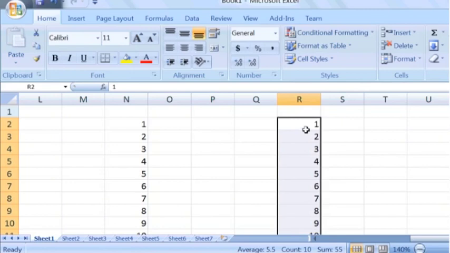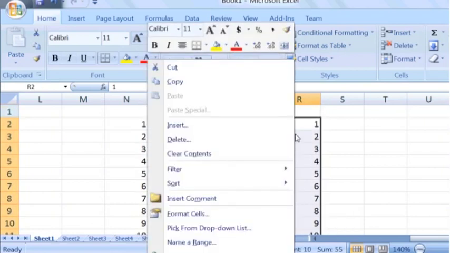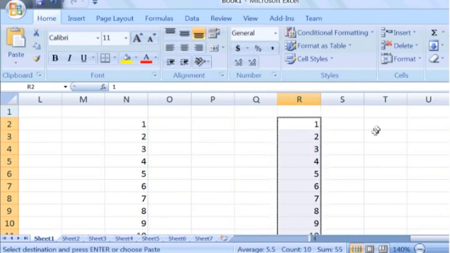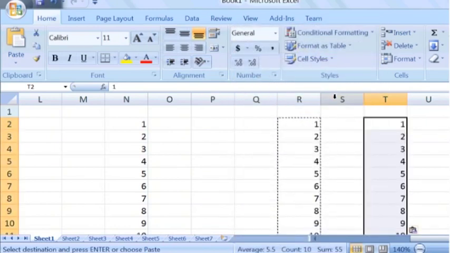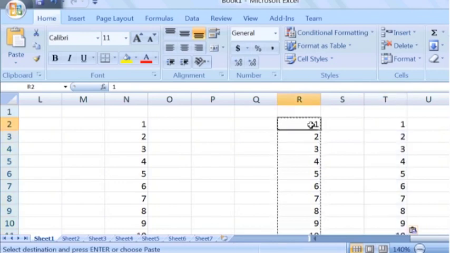Similarly, suppose you want to copy the same numbers. In order to copy these numbers, first select them, then right click, copy, and suppose you want to copy them to column T, right click and select paste. This is one way. Alternatively, suppose you want to copy these numbers,